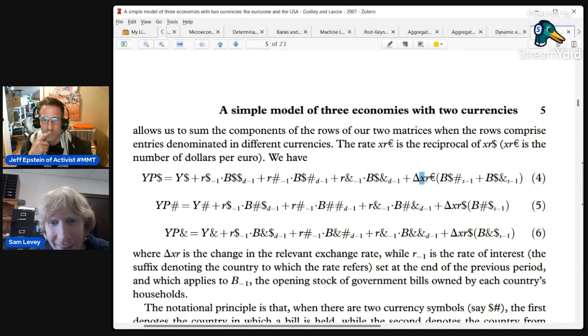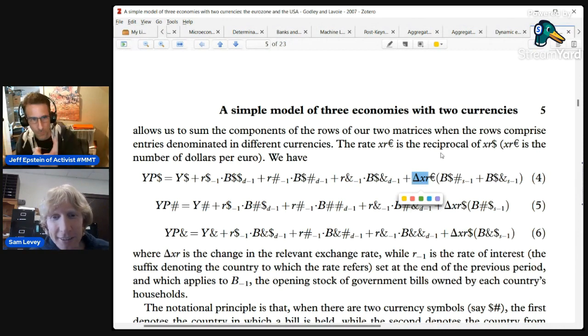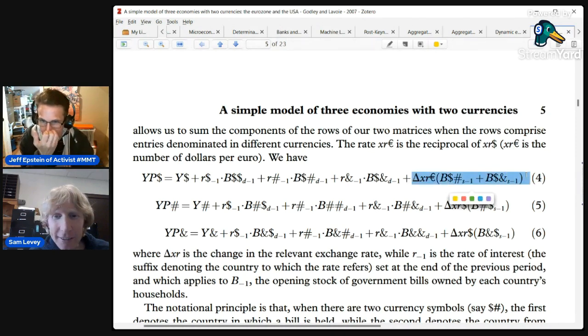But when you see XR, that's the exchange rate. Yeah. And I thought, well, that's what I meant with whatever I said. So the change in the exchange rate of the euro times the 2 euro bonds that they held. And the S is the supply of bonds, D is the demand for bonds. So I don't understand how that works, because the D bonds are what they actually hold. The exchange rate referring to the supply of bonds, I'm not sure how that fits in related to their income.